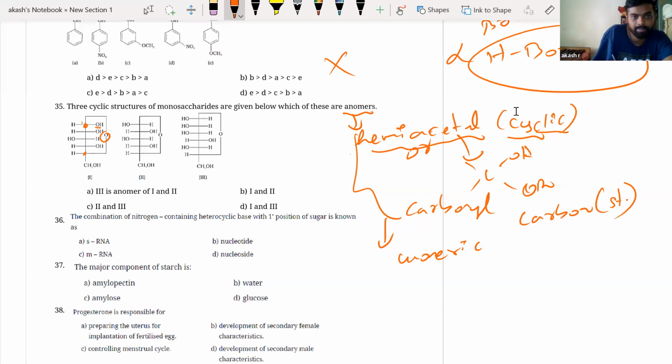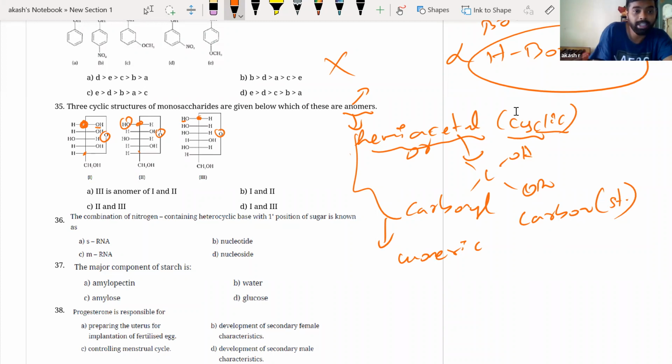Same way. You have to see what are anomers. Now see, first we'll decide the anomeric carbons and we'll check. Next you see that this is having OH and OR. Same way, this one is having OH and OR. So whatever carbon atoms I have marked, these are your anomeric carbons. What are anomers? Anomers are stereoisomers which will have different orientation one and only at the anomeric carbons. In the anomeric carbon, the configuration should be different. That's all you have to look for.